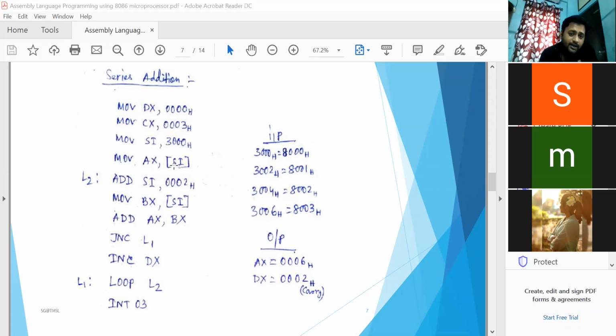So the first data, which is 8000 in this case, will be stored inside AX using MOV AX, [SI]. Then my second number is in the next memory location, and how can I get this second number? I go to the next memory location by incrementing, and that increment operation can be performed using ADD SI, 0002.